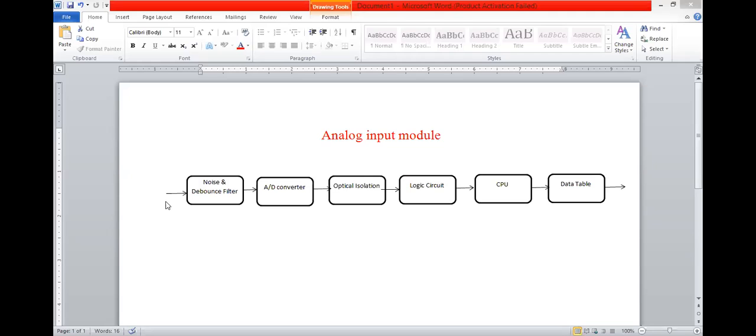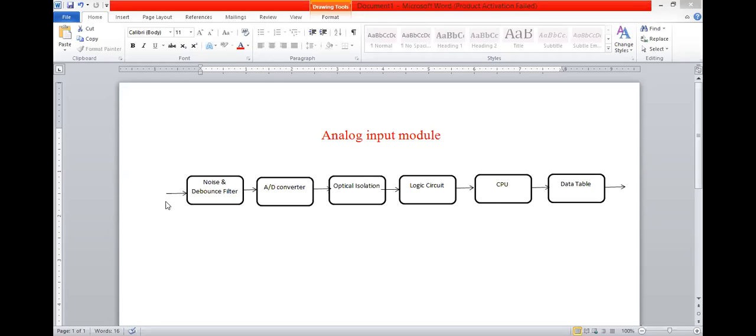Whatever input comes to it, it amplifies all of it. So we are amplifying signal as well as noise, and we have to remove that noise. We don't let it go to the PLC. So the noise and debounce filter removes all the noise passing through the input.